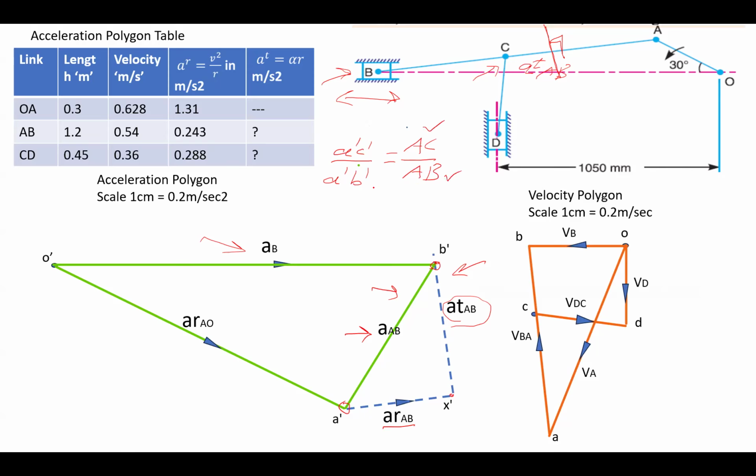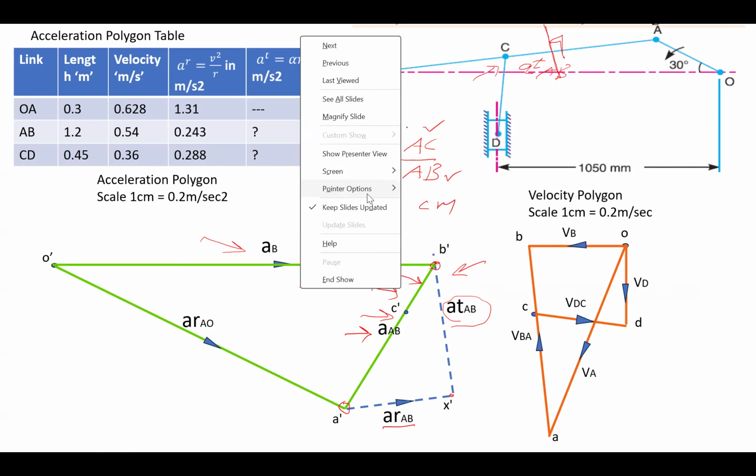AC, AB are given in numerical. These are the lengths of that link. A dash, B dash, you have to take from this, measure the length of this AB vector. You will get the A dash, C dash in centimeter. So you are getting A dash, C dash means you have to look at the C dash point from the A dash. So we'll get the C dash here, which we have located by using the above formula. So after locating C dash, it is easy now to draw the velocity acceleration